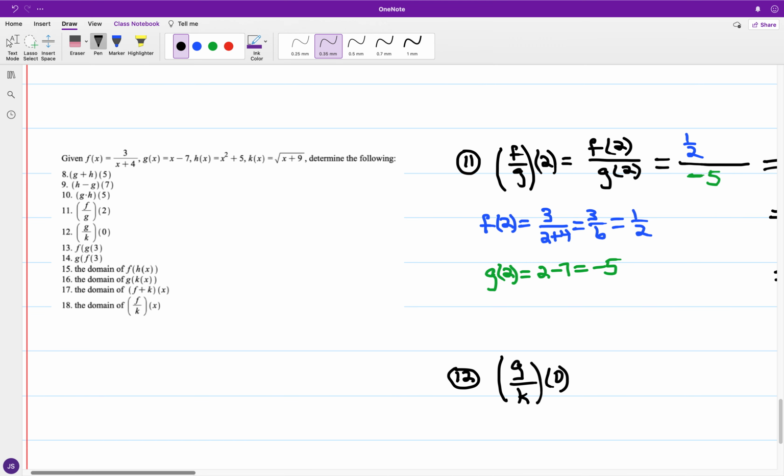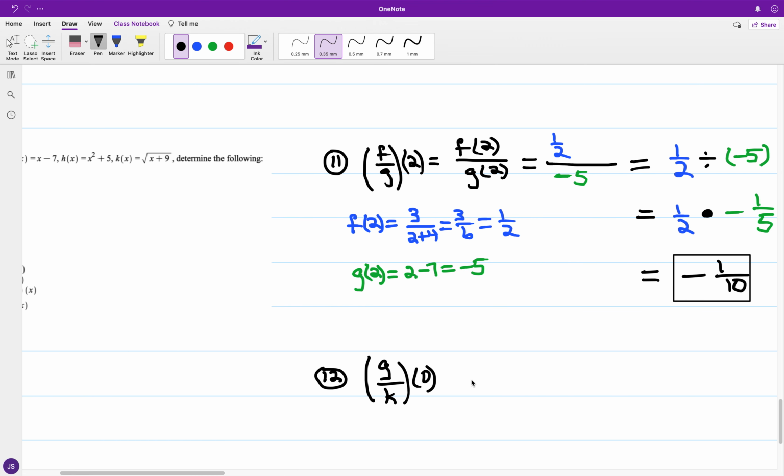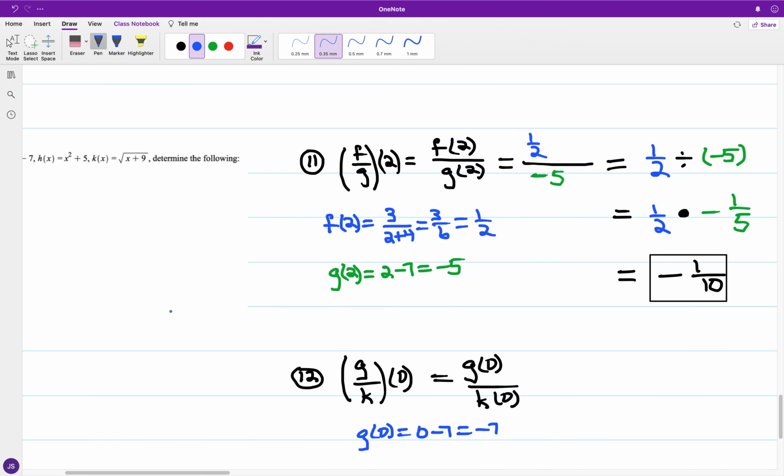We're looking at g of 0 over k of 0. For g of 0, we have 0 minus 7, which is -7, and for k of 0,